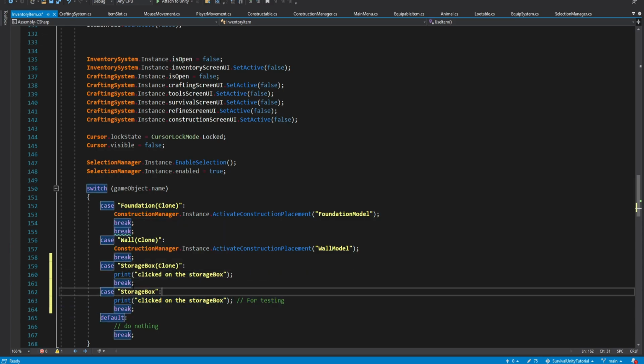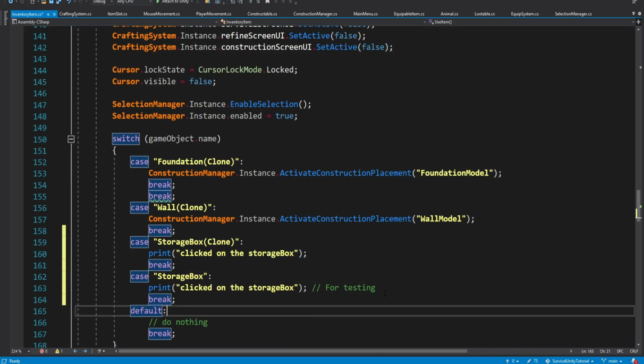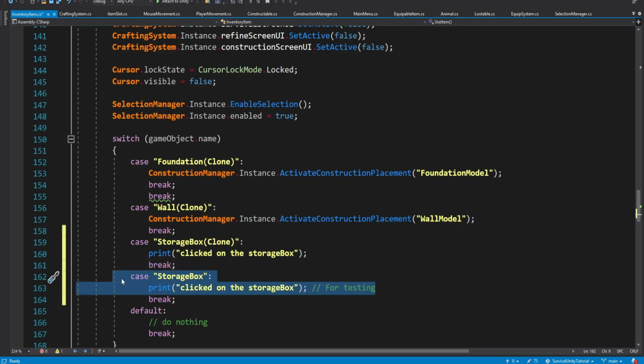So the reason we created 2 different cases is because one of them is going to be for testing if we drag our storage box inventory item inside the inventory without actually crafting it. And maybe we want to do it for testing. We don't want to craft it each time to test it. Eventually, we're going to delete this case and only use this one, because it will always have this clone addition